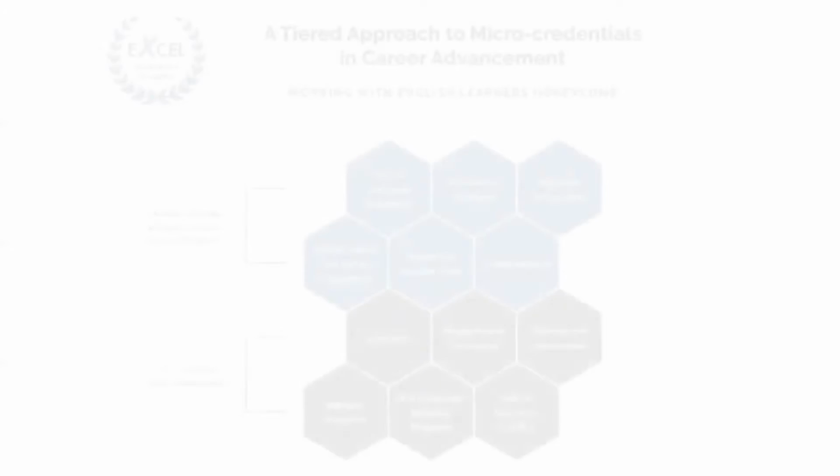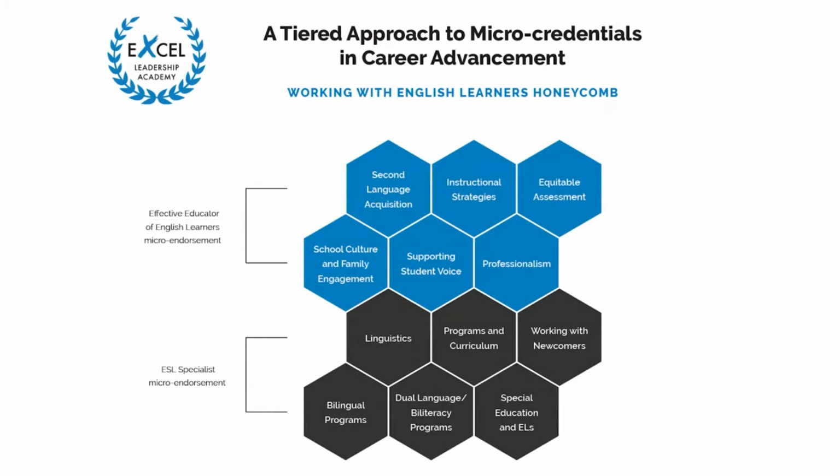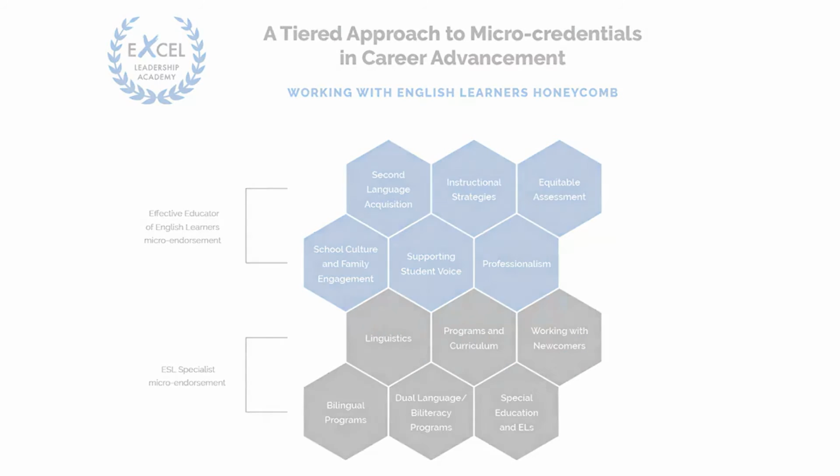There's a predictable structure to each credential: analyzing, engaging in professional learning, developing a plan of how you're going to transfer this learning into your own classroom, implementing the plan, and then reflection. If you have some background, there's something there for you. If you have very little background on the topic, there's definitely some beginning pieces that allow you to develop your ability to really be reflective of your practice. And that reflection piece has been extremely valuable for me in terms of how I do things differently at times or how I will be doing things differently next year.